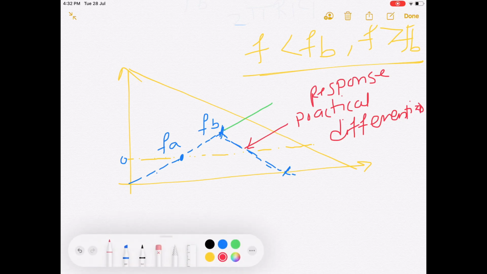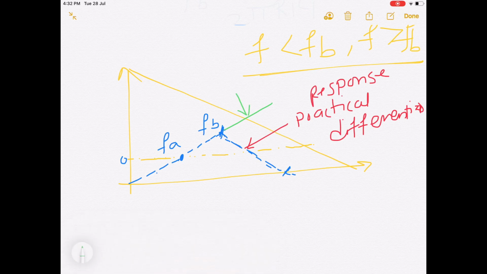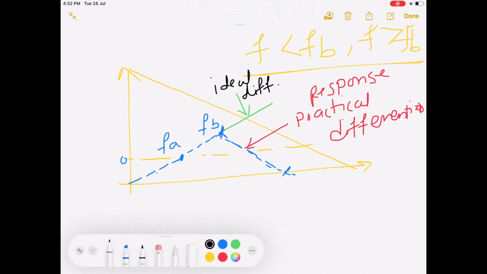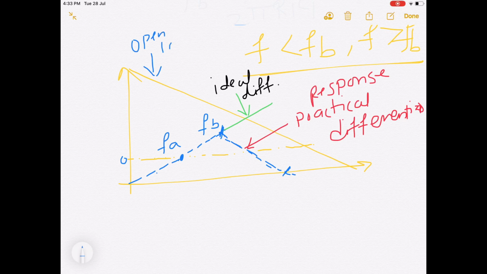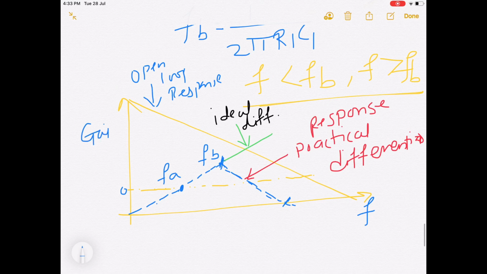Then this response is nothing but the closed loop response of the basic differentiator, or ideal differentiator. This response is of the ideal differentiator, and this response is the open loop response. Frequency response, all of you know that on the x axis there are frequencies and on the y axis there is gain in dB. So, this you will get.